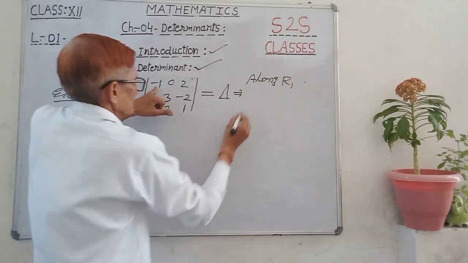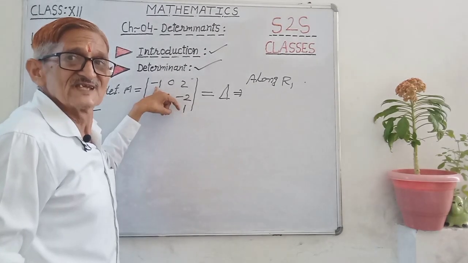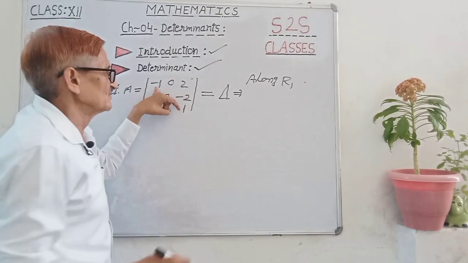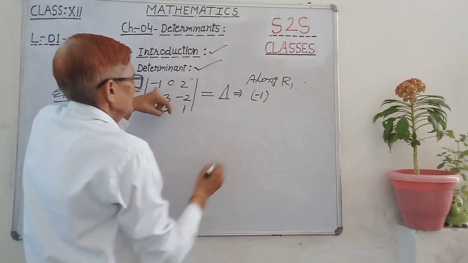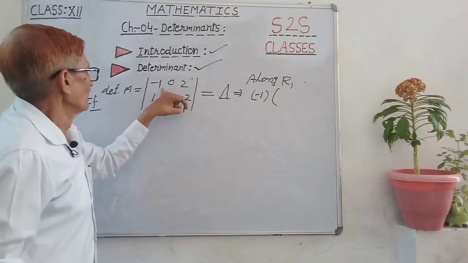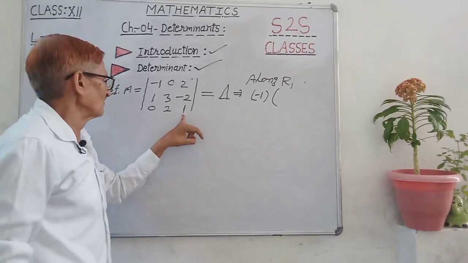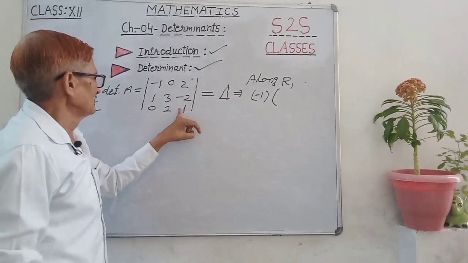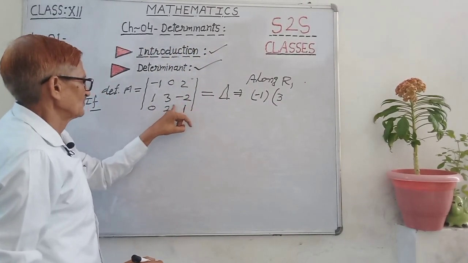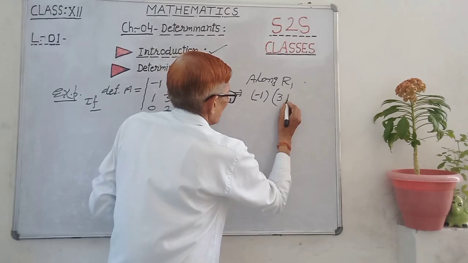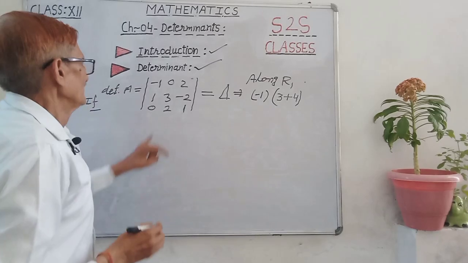I am expanding. So the first element, understand, (-1) power i plus j with 1 1, so 2, minus 1 power 2 is 1, so the first element stays positive. And then the element is minus 1, this minus 1 into this; row cancel, column cancel, then 3, minus 2, 2, 1, determinant of this. Solve, then cross multiply: 3 times 1 is 3, minus the product of this, 2 times 2 is 4, so minus 4, and minus minus plus 4. Is this clear? The first element is done.